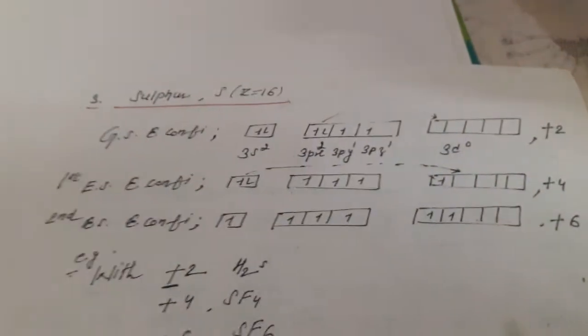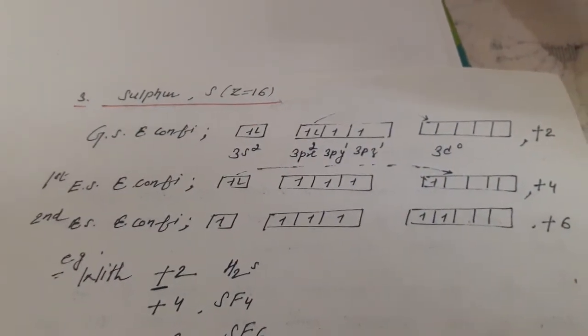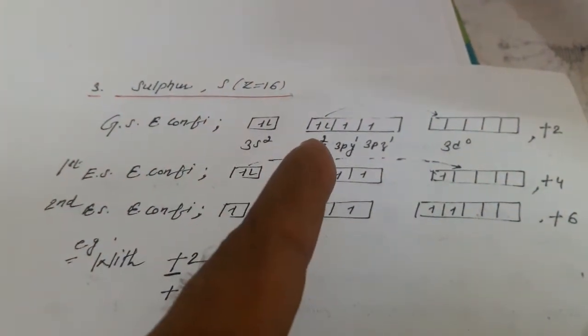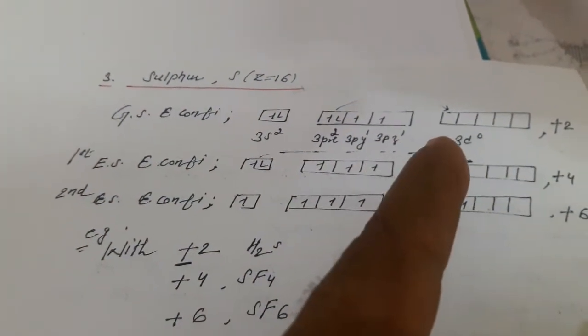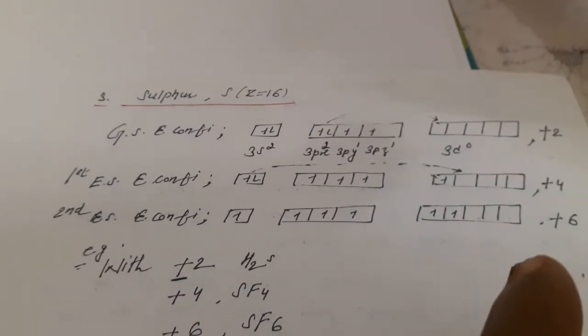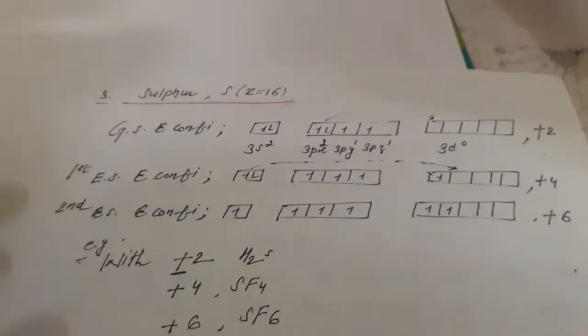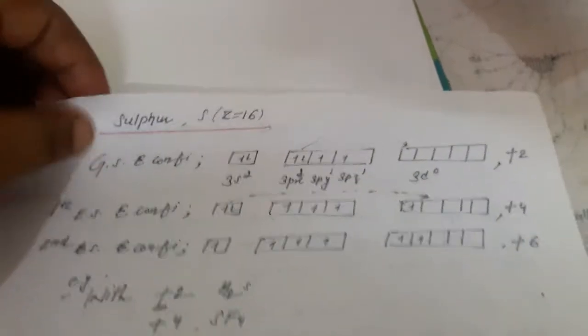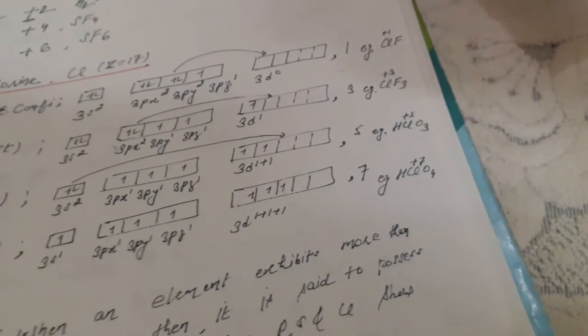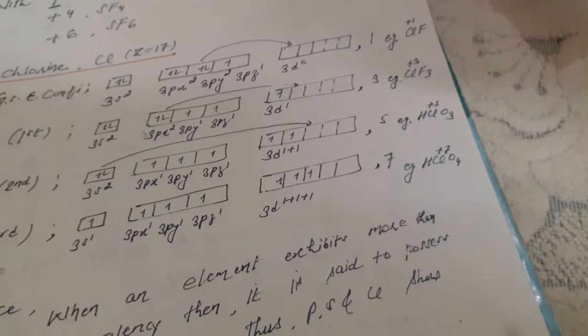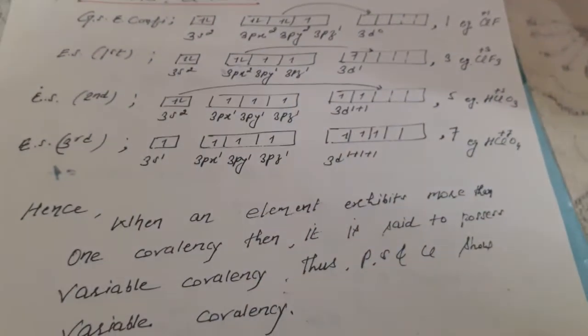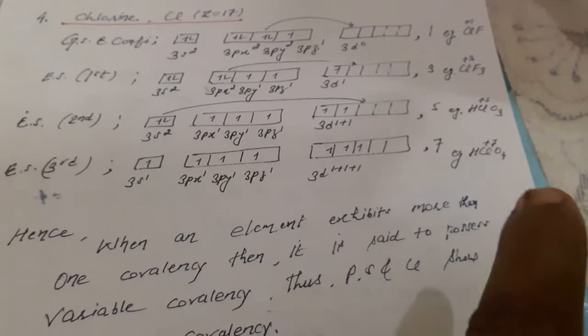After this example we have the next example, sulfur. You can check how many excitations will take place in sulfur. The first excitation makes 4 unpaired electrons, then the next makes 6 electrons. So after 2 excitations the maximum covalency will be 6, and again plus 6 or minus 6 depending on which kind of element it is sharing electrons with, more electronegative or less electronegative, positive or more electropositive. In chlorine, its maximum covalency is +7.